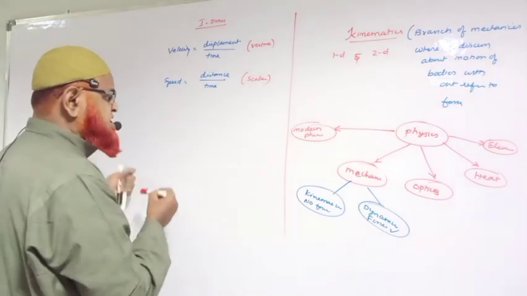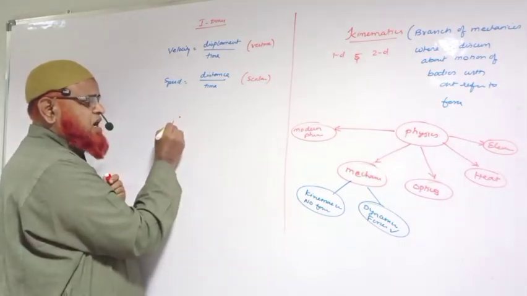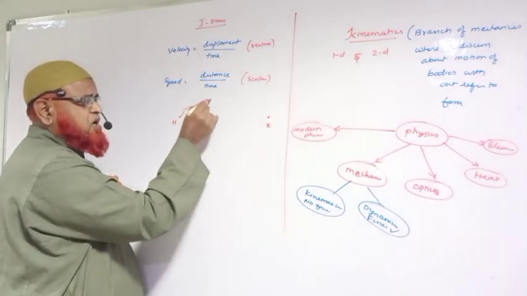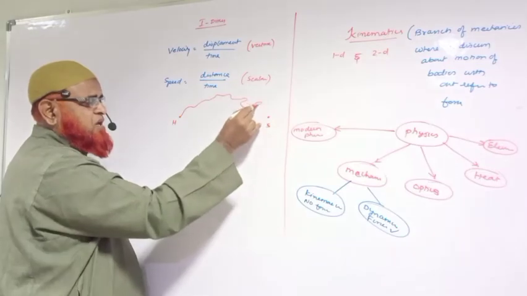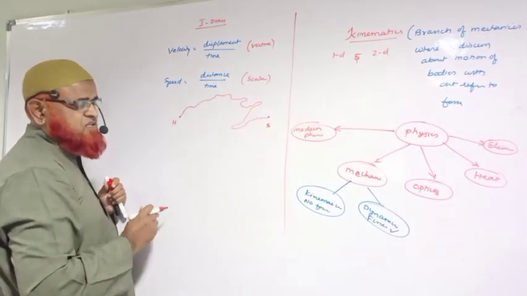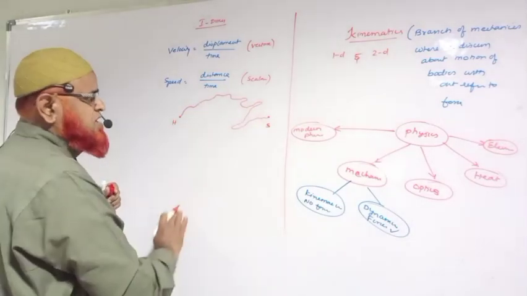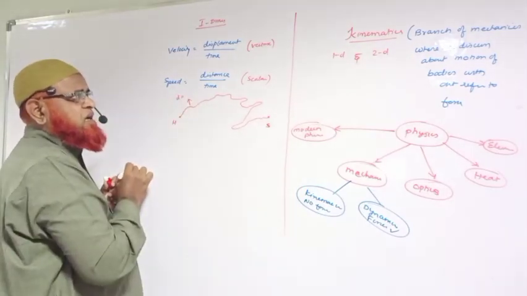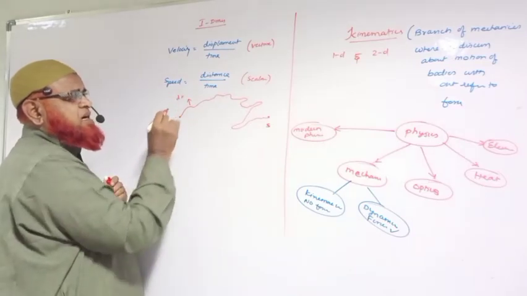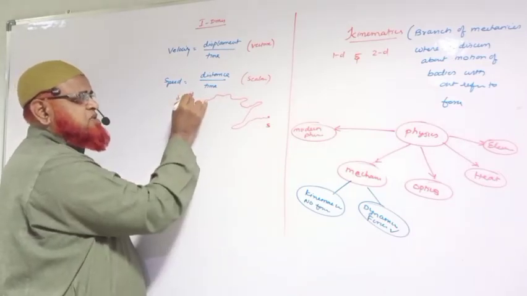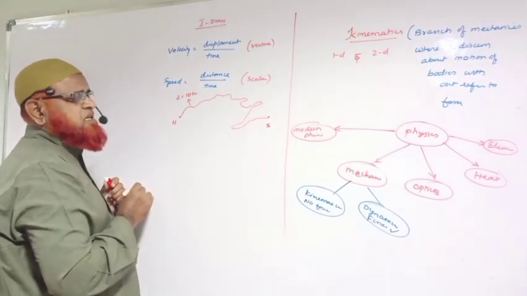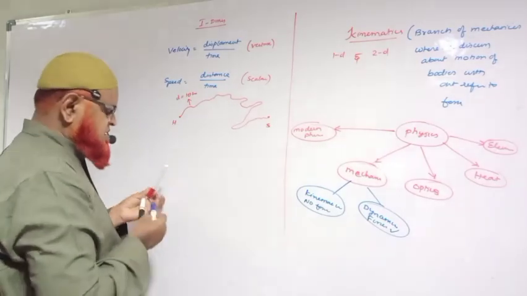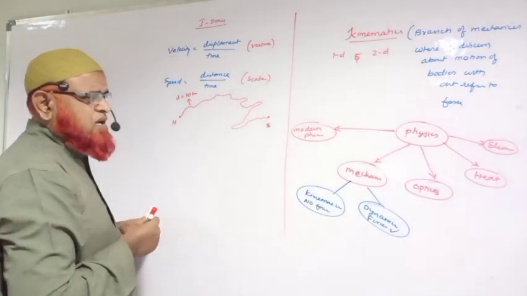As it is said here, this is your house and this is your school. From house to school you are going along the road, which has different directions. This is the path of the road you are following here. And if you measure, this is going to be a distance. Let us imagine it is 10 kilometers. Distance is 10 kilometers. But let us imagine that you are a rich kid.